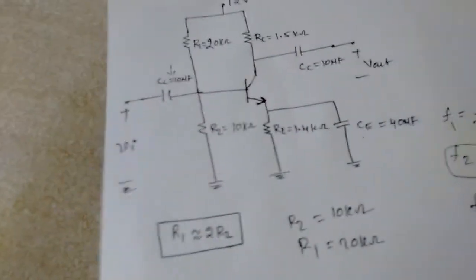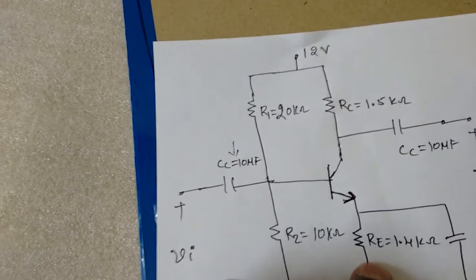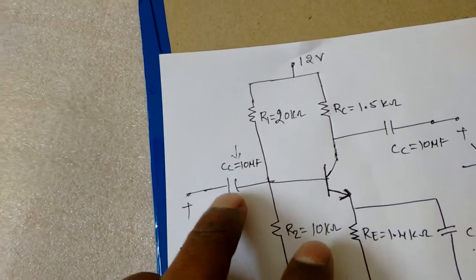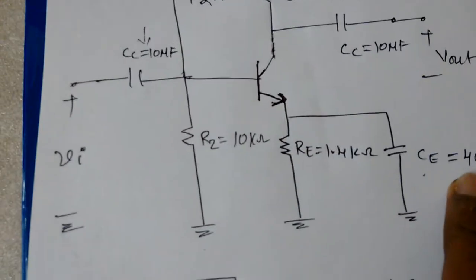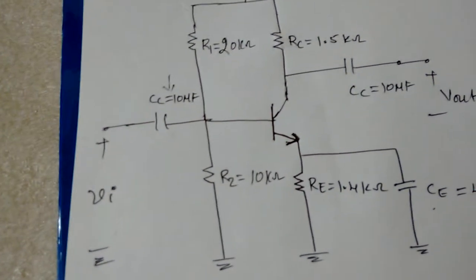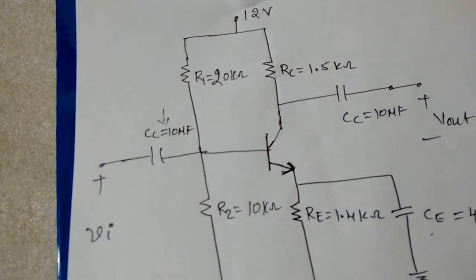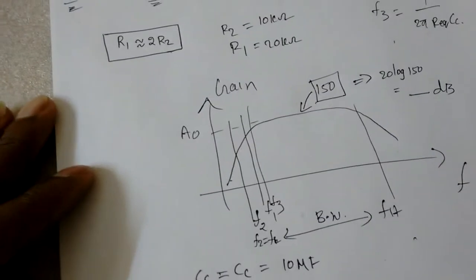Again I am telling, we found the R1 R2 relationship and RC, RE for a particular gain. For simulation purposes I am assuming the coupling capacitors as 10 microfarad and the bypass capacitor as 40 microfarad. Why I am assuming this is, we can vary these capacitors in the simulation and see how the frequency response behaves. It may move closer to the origin or farther from the origin when you change these coupling capacitors, right? It can change the bandwidth of our amplifier frequency response.